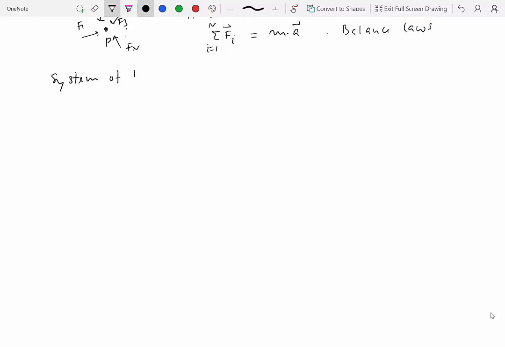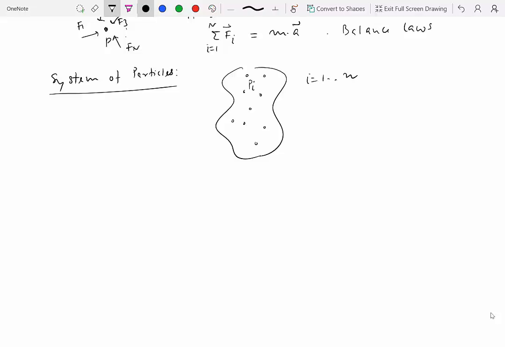So a system of particles is basically a system consisting of a large number of particles. There could be 2 particles, 3 particles, up to n particles, right? So let's say we are talking about one particular particle Pi in here, and i is changing from 1 to n. So you have n particles in the system. First of all, what kind of particles are we talking about over here? Well, particles are nothing but idealizations of physical objects, right? And that's what we're doing in this chapter.